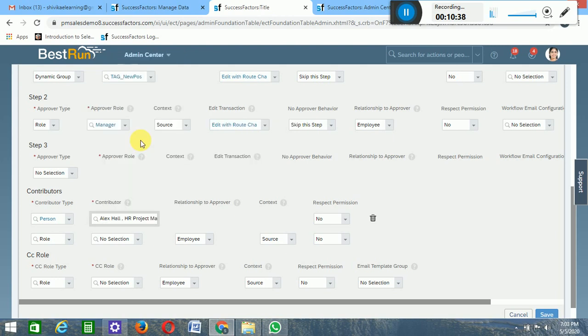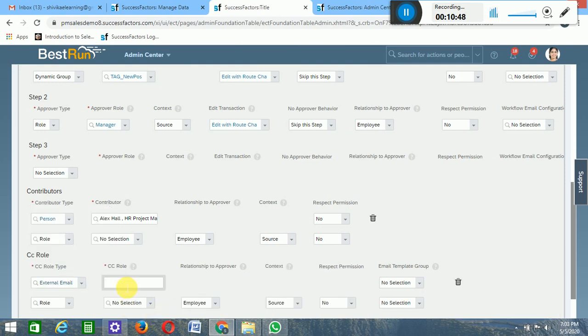Okay, Alex Hall would be the contributor, an HR project manager. Next, CC: we can type your own email ID, an external email ID, so that we can get to know whether the workflow is approved or not, whatever approval you are seeking, whether you got it or not. So mention your email ID over there. I'm typing a random email ID.